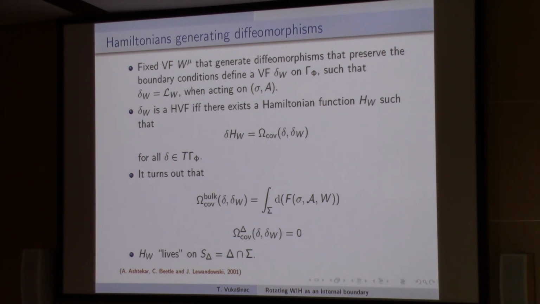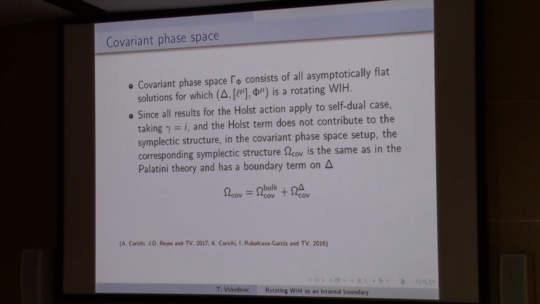So the basic equation for that is this one, that the variation of the corresponding Hamiltonian is given by the symplectic structure of the theory. And here it was curious for me at the beginning, but then it's understandable. When we take that these vectors on the covariant phase space, delta W, are actually Lie derivatives of the fields,